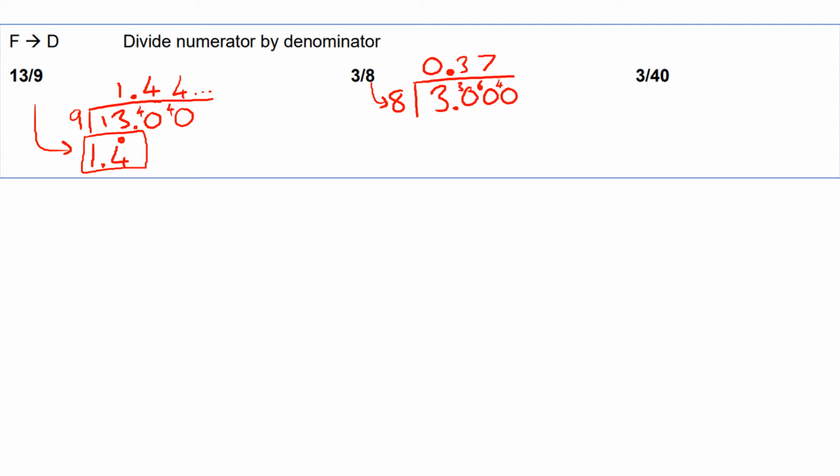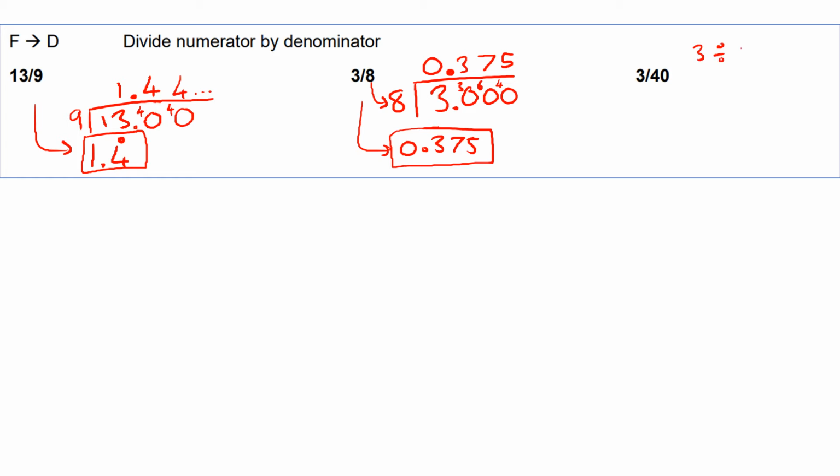8 goes into 40, 5 times exactly, so this would just be 0.375. If the pattern isn't repeating, you kind of need to go until it does repeat. And then lastly, 3 over 40. So we want to do